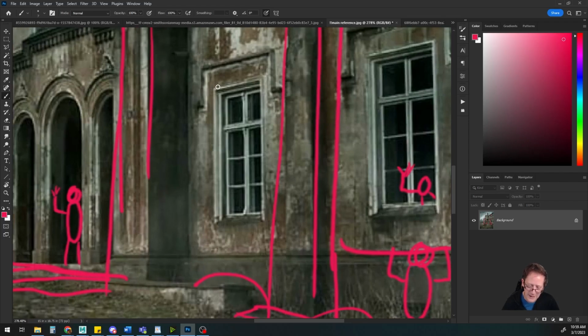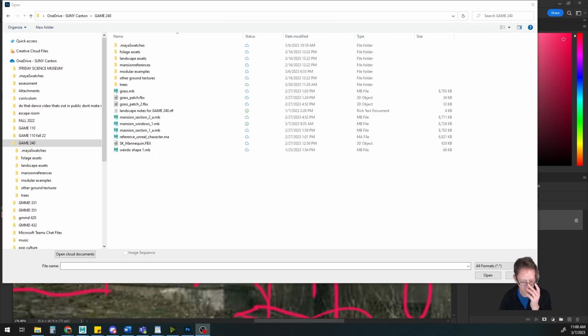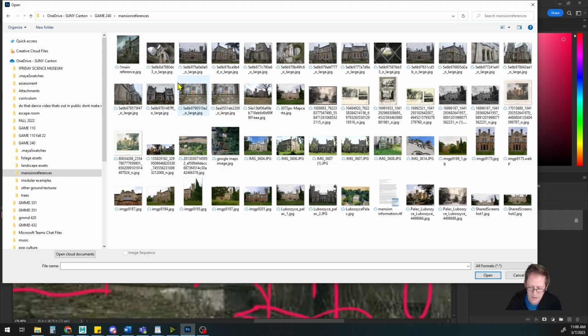It kind of goes in a little bit, then comes back out, goes in a little bit, has another little open extrusion inward, and then goes into the window pane itself. So one sec. Okay, so if I look at the mansion references, and this is the Lubushice